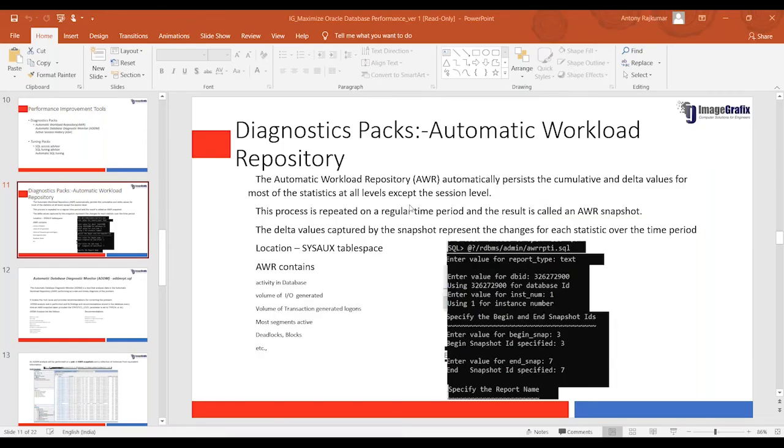I would like to add a few more points on that. The AWR, ADDM, and the ASH. These are the diagnostic packs which we have discussed in this session. So in that, of the three, what I would like to suggest is I will start with the AWR, where I could show you a small piece of information on how we can generate the report through SQL Plus as well as SQL Developer.